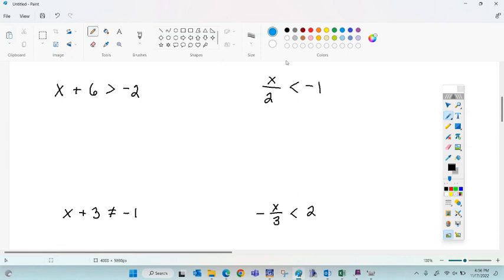For example, if I'm looking at our first example here, okay, think for a minute, what do you do to both sides? Hopefully you all thought of I need to subtract 6 from both sides. So if I subtract 6 from both sides, nothing happens to the inequality, it stays the same. We're left with x over here. This cancels. Negative 2 minus 6 is negative 8. So x is greater than negative 8. If we need to graph it,